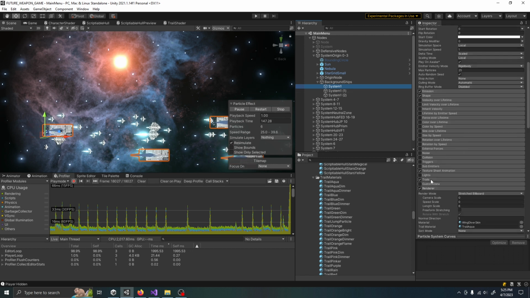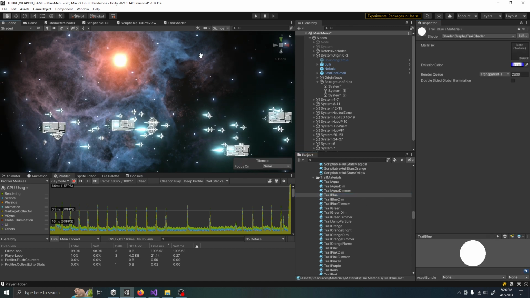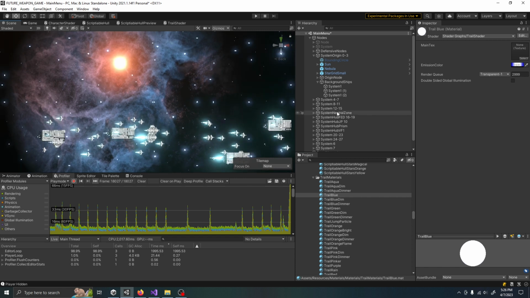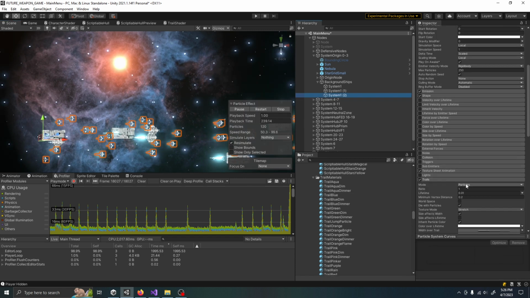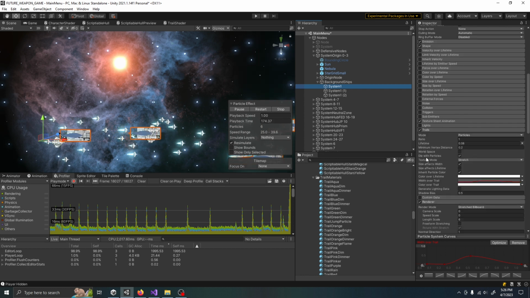Now to unfuck all of the trails. Yeah, let's do this. So the trail changes based on, it's changing based off of how fast the particle is going. That would change the trail's lifetime for this system. In particular, where they're going really slow is problematic. System 1's trails